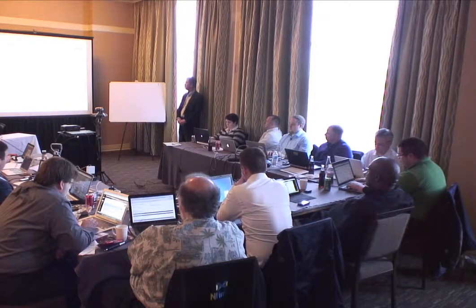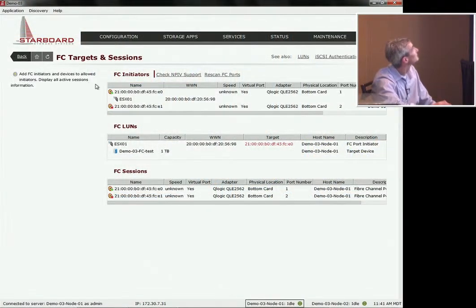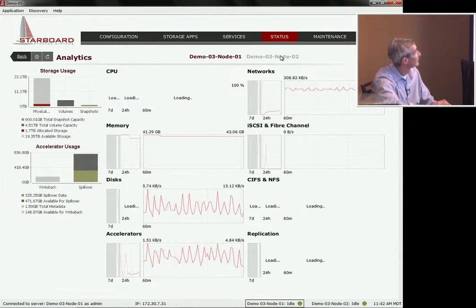So here's a volume exported via Fibre Channel connected to a host. Really what you're looking at is the four major storage protocols, all within one box, managed via one pane of glass. One other thing I wanted to point out is the way that we use the SSDs within the